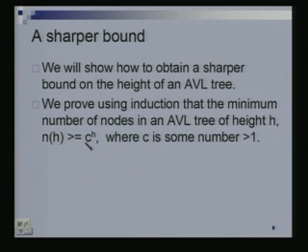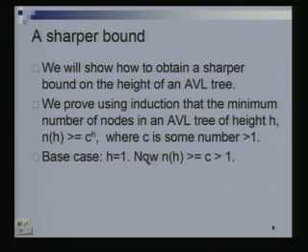So, we will assume that n of h is at least as large as c to the h. Let us see what we can argue here. Okay, and we are going to prove this by induction, and we will figure out what the c is later. So, we are proving a certain statement without actually knowing exactly what the statement is, because I am not telling you what the c is, but you will see what the c has to be for this statement to be true. Right. So, what is the base case? h equals 1. n of h is 1. We want that. So, this statement would be true at h equals 1, right?